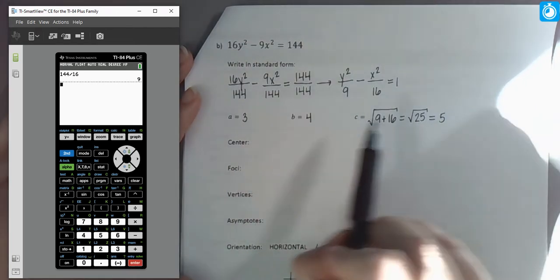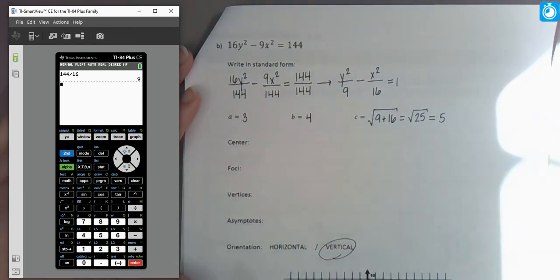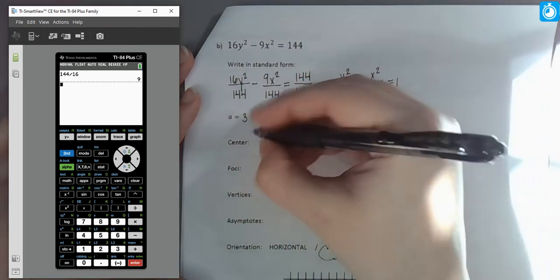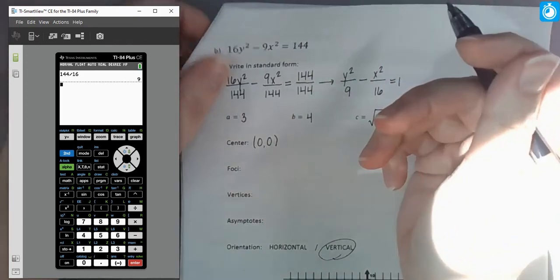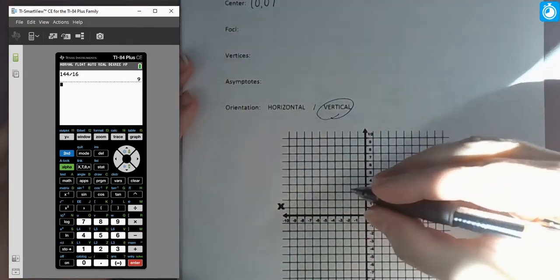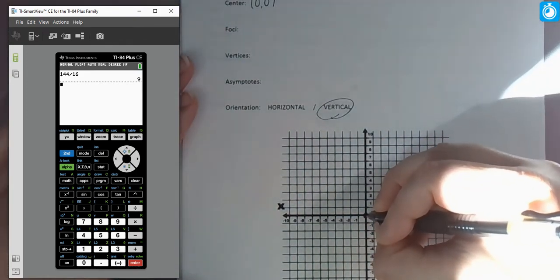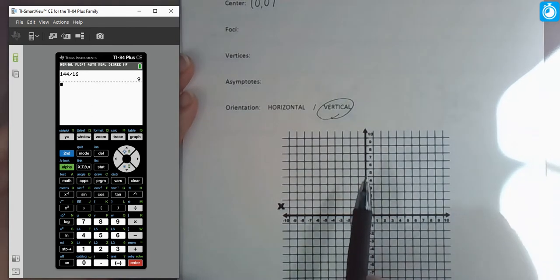Okay, so once we have those three values, we have everything we need to find all of the components of our graph. So our center is still at the origin, 0, 0. And then our foci, let's think about this. So here's our center. Our foci are distributed in this case, c units above and c units below our center, which means we're holding our x value constant and then adjusting the y value c units above, c units below